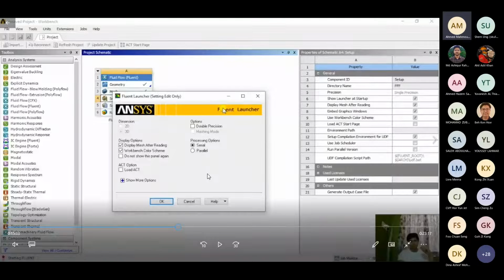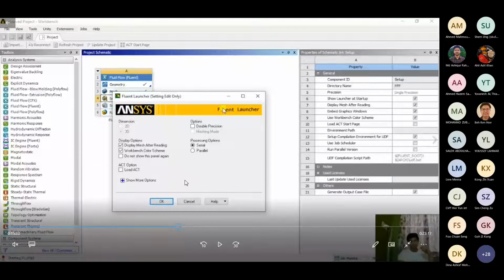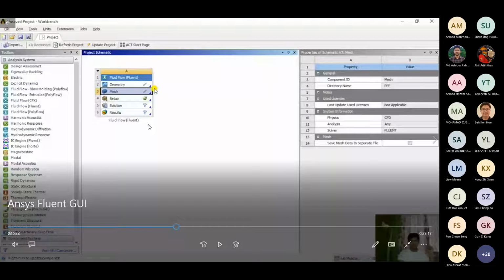Okay. In our last session, I'll continue from the point where we were discussing how the setup is done. We were in the middle of the discussion of the setup, but to give you a fresh idea, we'll start from the setup point. After our meshing is completed, we will see these green ticks, and I talked about this yesterday. We see these green ticks whenever we are done with one module or one component of this whole system. It will show a green tick if it's correct.